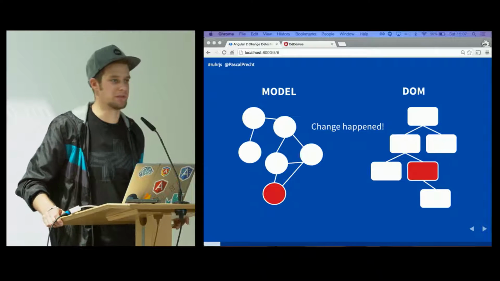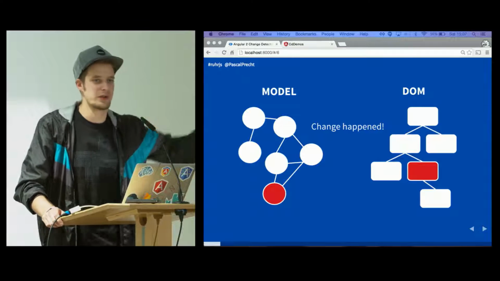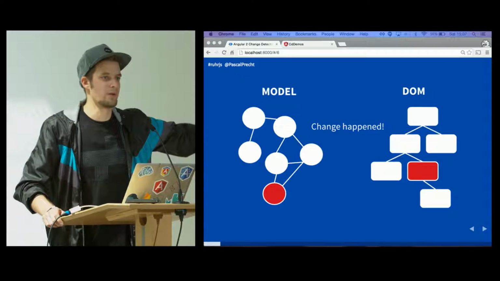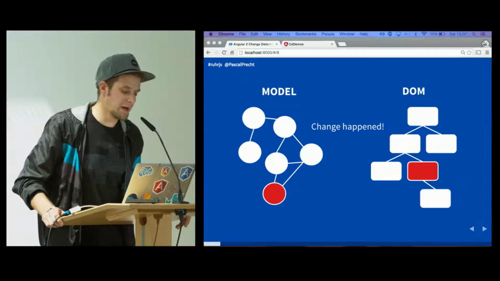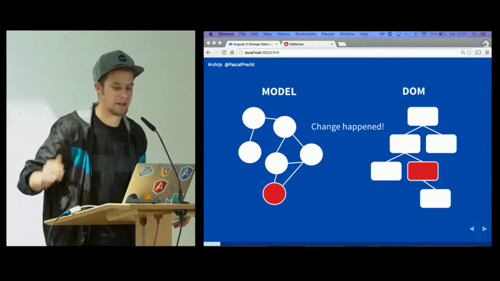There are different ways to do that. If you think of classic websites, you have an HTTP request going to the server, and a response with an HTML site. If you click a button, you do another request, you get a new site back. That's one way to handle it. If you think of React, they have virtual DOM to solve that problem. And there are really different ways to do that. In Angular 1, you have the dirty checking digest cycle thing. But after all, we always try to